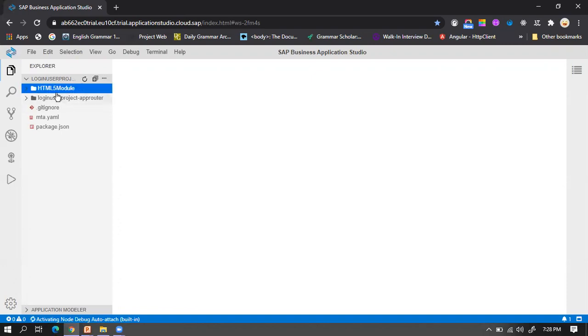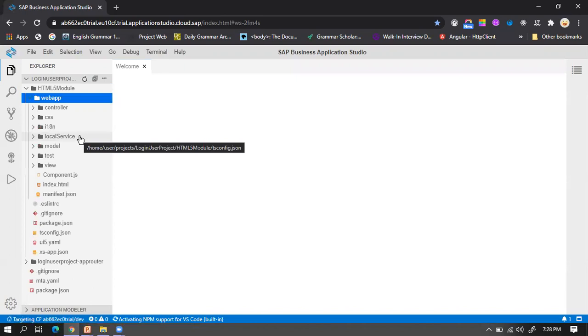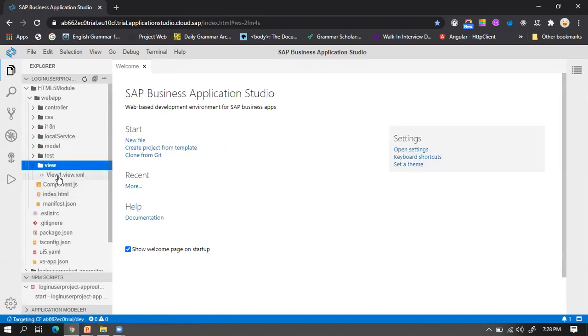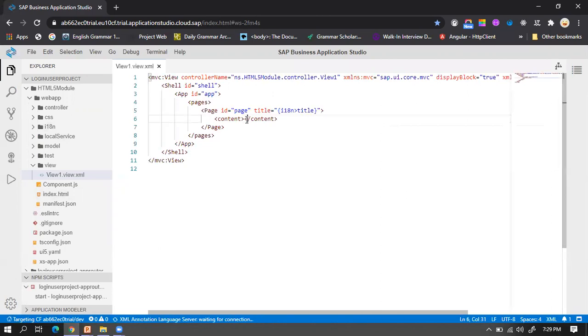So let's expand the HTML5 module and expand webapp. We will write the code in the view, that is View1.view.xml. Let's close this. First we need to create a simple form.